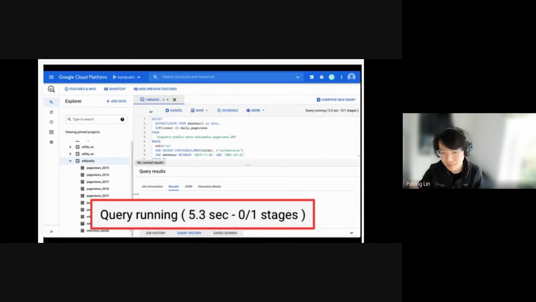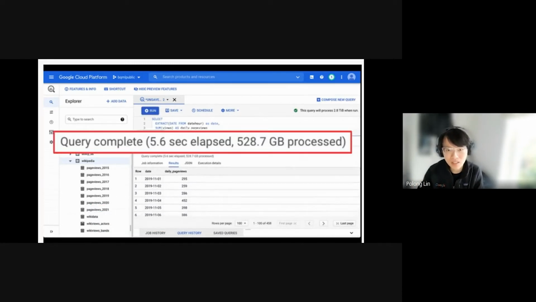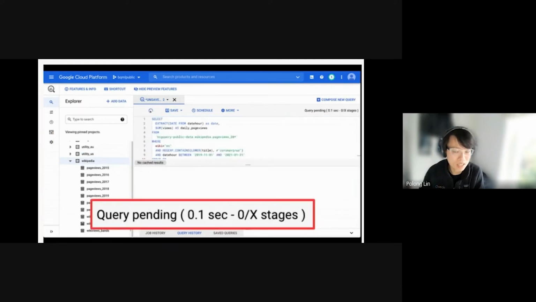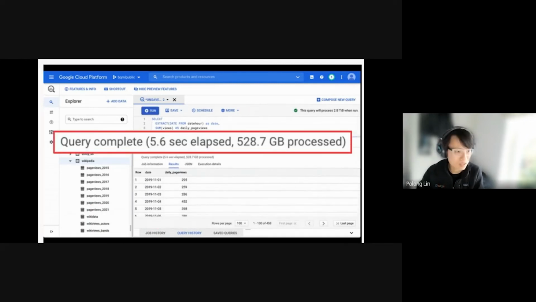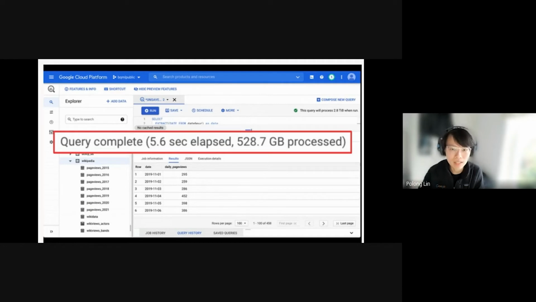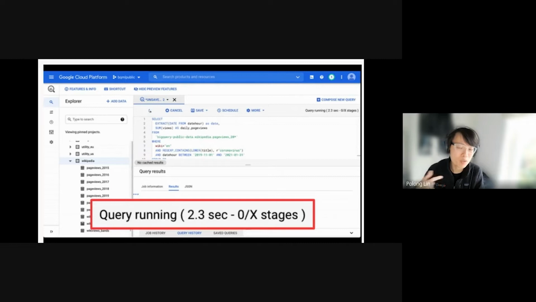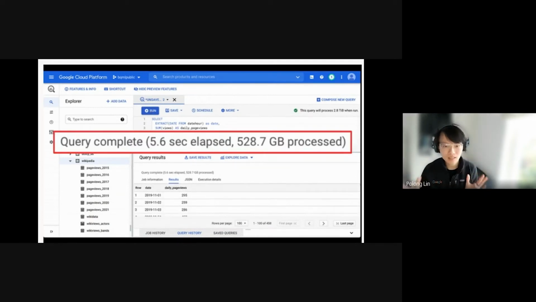And here is an animation showing a fairly complex query running an analysis over 500 gigabytes of data in 5.5 seconds. It's blazingly fast, considering the alternatives of doing this just with Python or with R or something else. This is extremely fast, and it's auto scaling as well. So as a user, you're not having to worry about the infrastructure. You're not worrying about what you need in order to process 500 gigabytes of data. This is all handled for you in BigQuery directly. So that is your analytics picture.